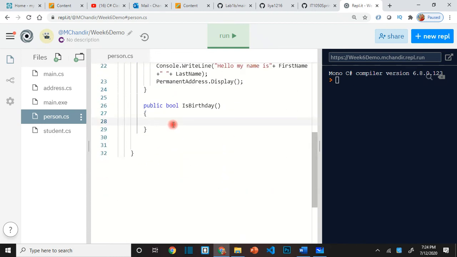So if DateTime.Today.Month is equal to dateOfBirth.Month, so it's the same month. Is it your birth month, right? You take DateTime.Today, which will give you today's date, and then .Month will give you the current month. If that is the same as the date of birth's month, so if you're born in March and this is March, this is your birth month. And if the days are the same,